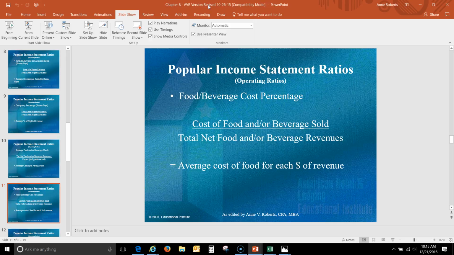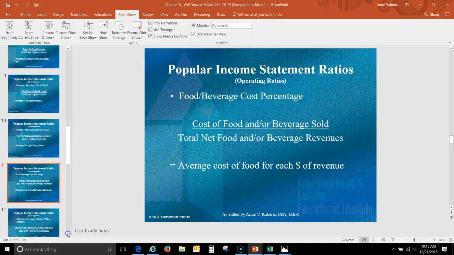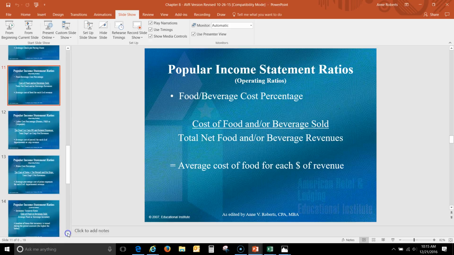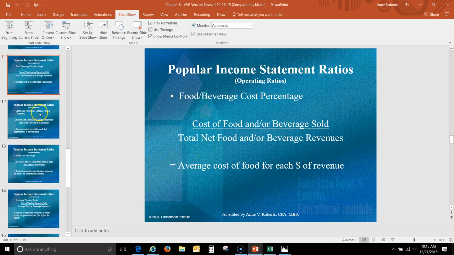So this is the ratio that tells you, all right, we're spending 30 cents for every dollar in food revenue, or we're spending 15 cents of every dollar in beverage sales, or we're spending 28 cents in total. Okay? So this is what's telling us what we've got to